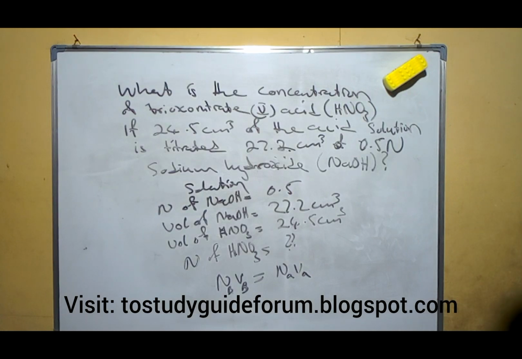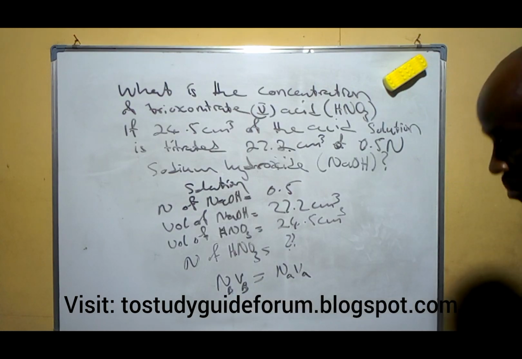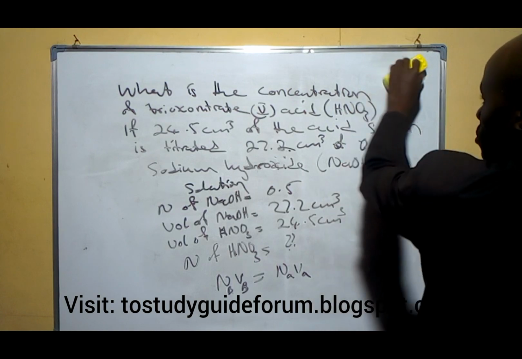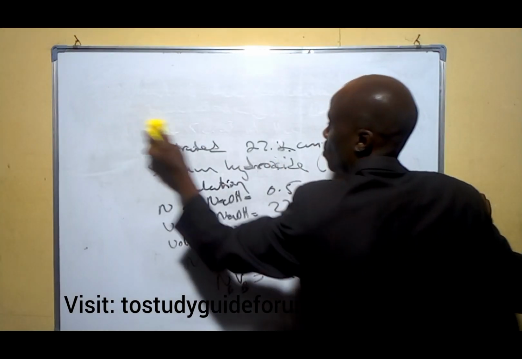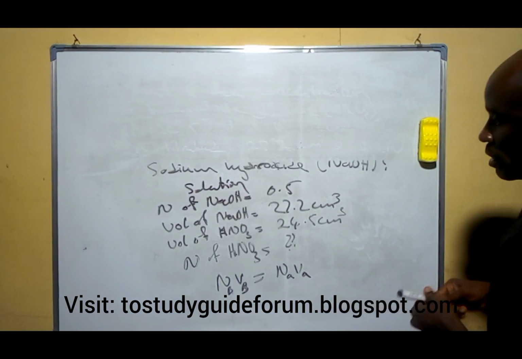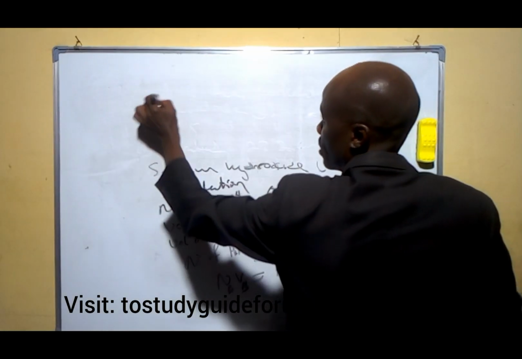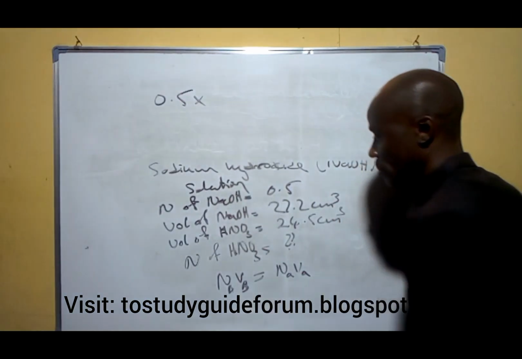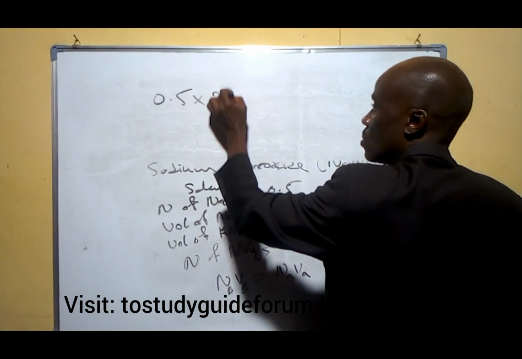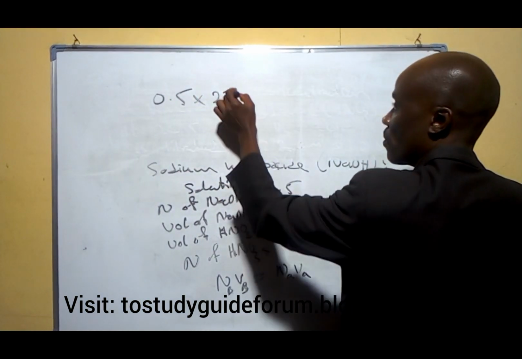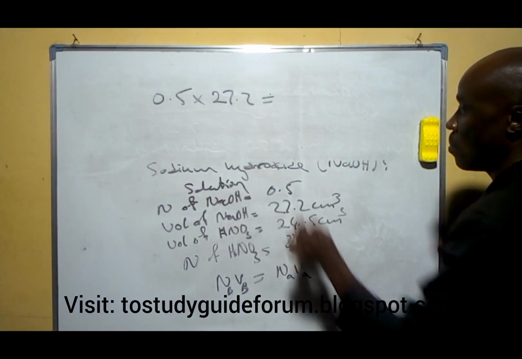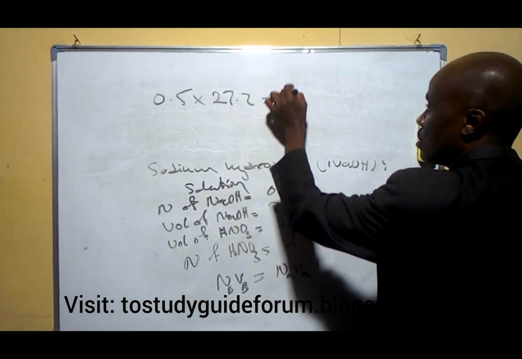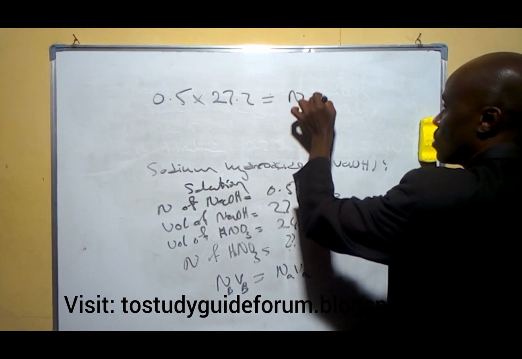Based on this relation, we can see how we're going to solve this. The normality of the base is 0.5 times the volume, equal to the normality of the acid, which we don't know, times